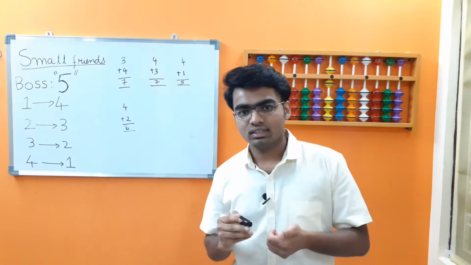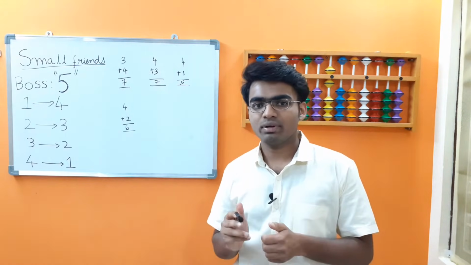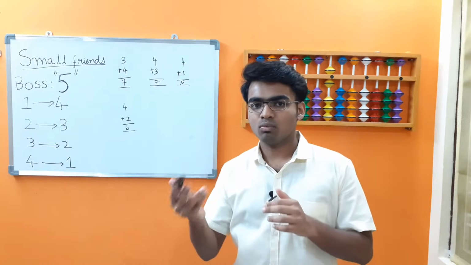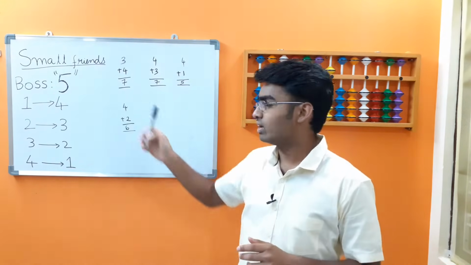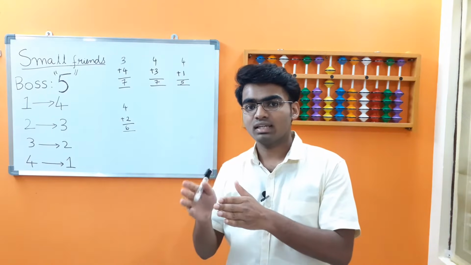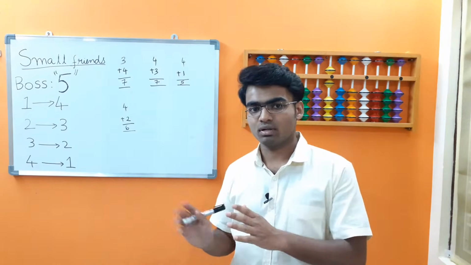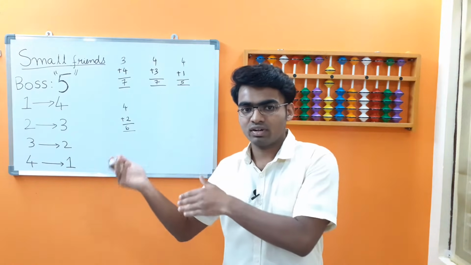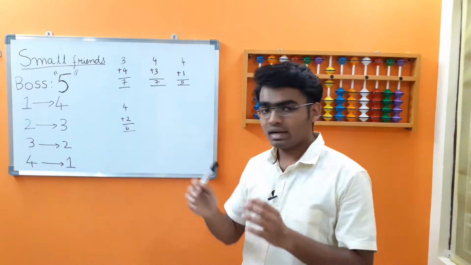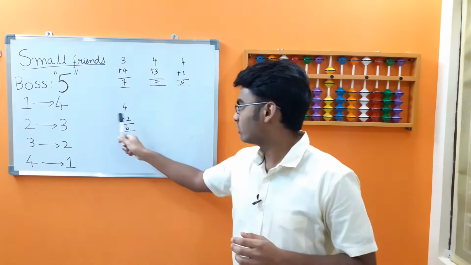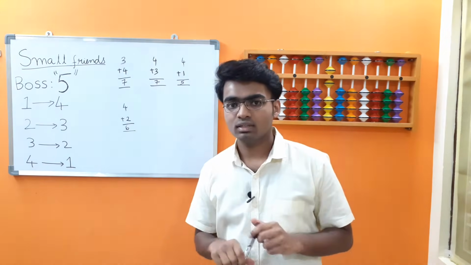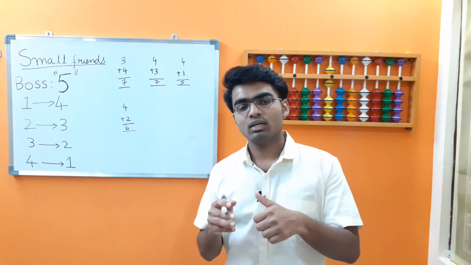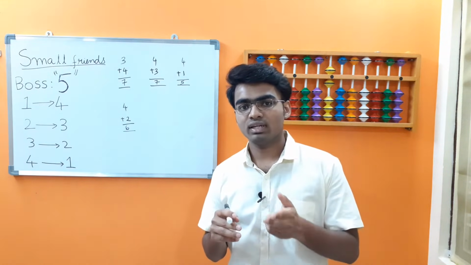For any addition, here is the basic statement which you have to tell your child. Add the boss, whoever the boss is. In this case, boss is 5. Add the boss 5 less the friend 2, for example, right? Because 2 is the friend of 3. Add the boss 5 less the friend. In this example, add the boss 5 less the friend 3, right? This is a generic case for any friends concept, be it small friends, big friends or lazy friends.